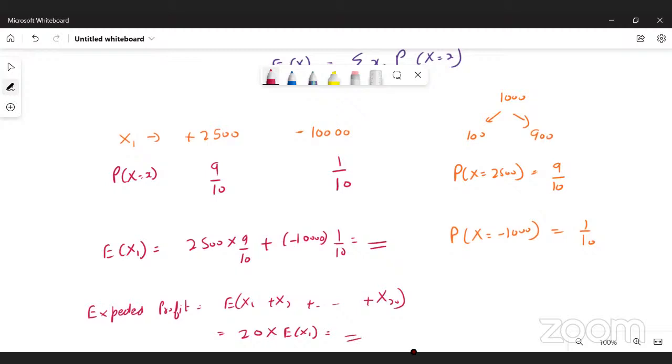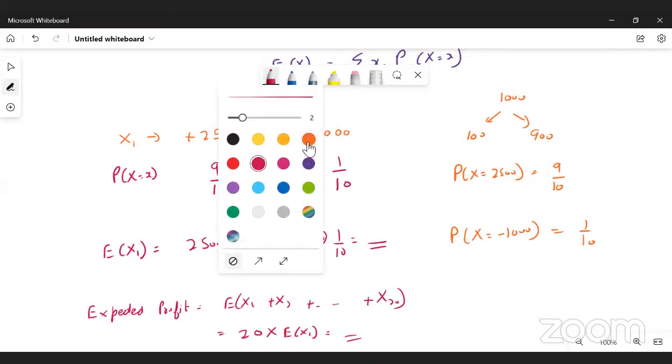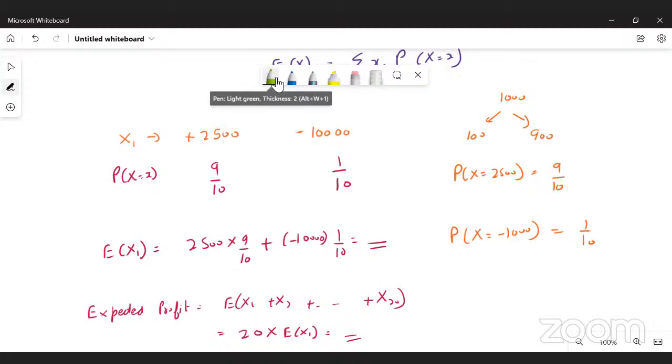The other way also: the retailer got 20 phones. Out of that, if we multiply by the probability of defective, then we'll get the number of defective pieces there. The retailer is buying 20 phones, right? So 20 into 1 by 10 would give us the number of defective pieces out of those 20 phones. If you do it that way, you will still get the same answer. It's just like you are pre-multiplying by 20 and we are doing it at the end. So it would be the same.